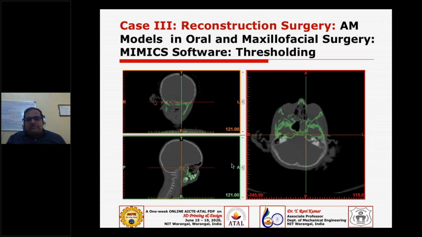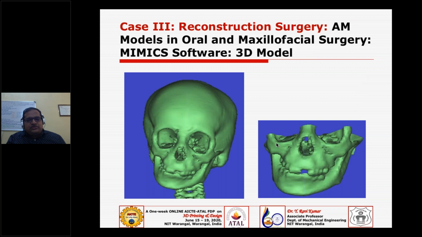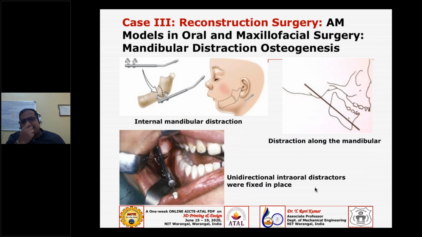And as usual, start with CT data or a DICOM image through medical modeling software, and here we can see this is a defect. This side is okay, but the other should be made like this. It should be symmetric, so we should twist this bone in such a way that we can get symmetry with respect to the other surviving part.